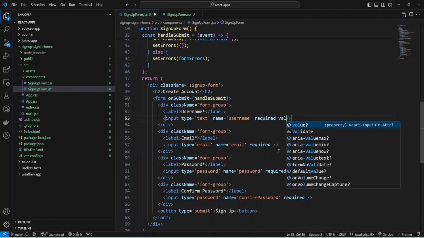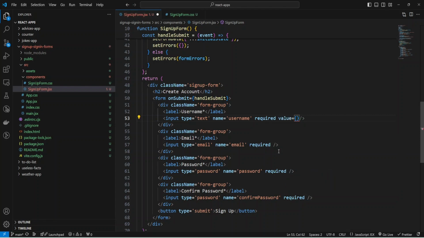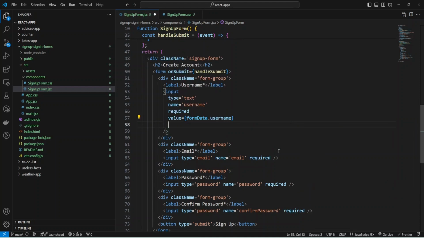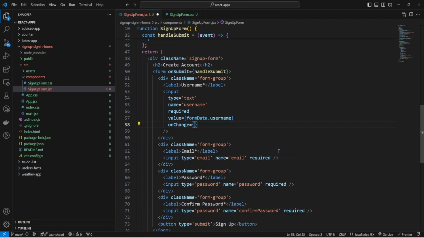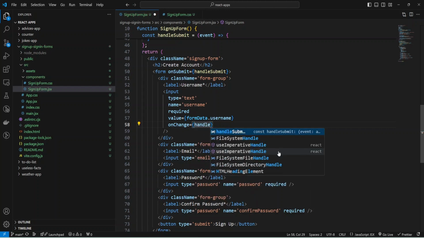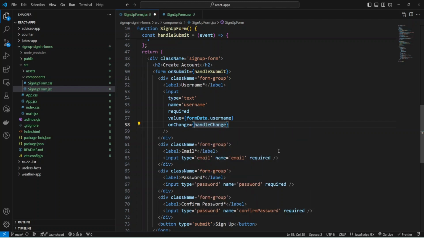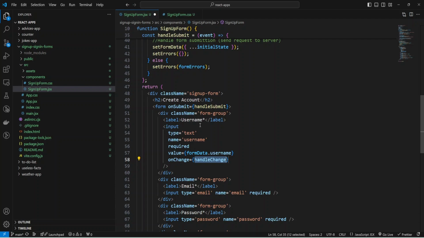Here the value will be formData.username, and the onChange will be handleChange, and I'm going to implement this function that will handle the change of the input value.